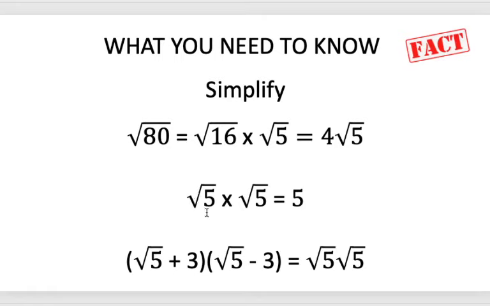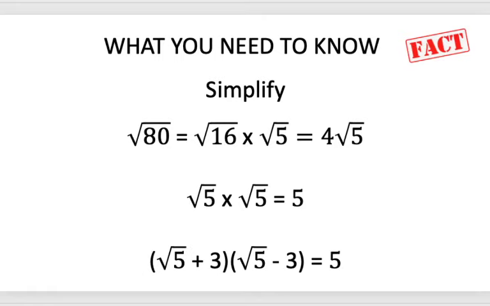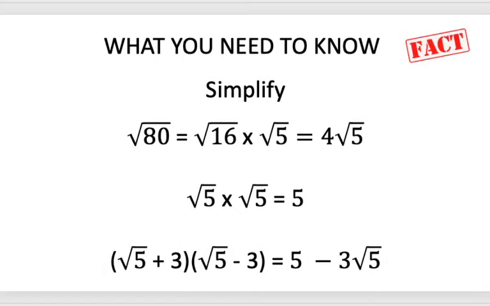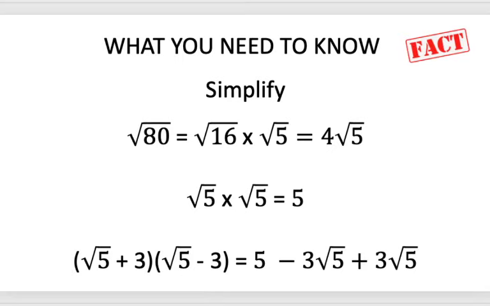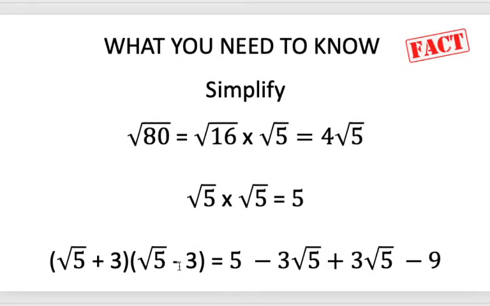However, we've just seen that root 5 times root 5 is 5. So we'll then carry on that if I've times root 5 by root 5, I've also got to times root 5 by negative 3, and that will give me minus 3 root 5. So I've times everything in this second bracket by root 5. I now need to times everything in that second bracket by 3. So begin with 3 times root 5. That will give me 3 root 5,